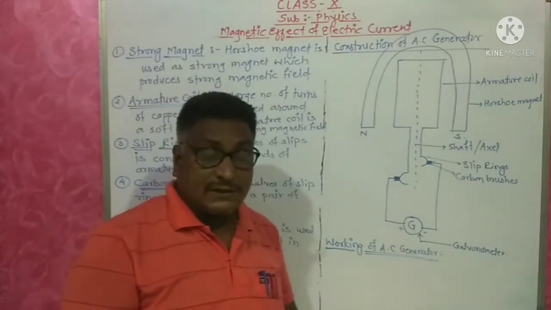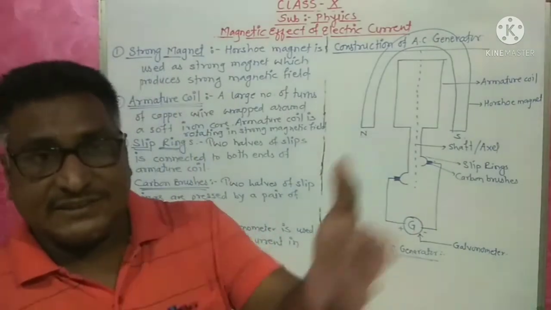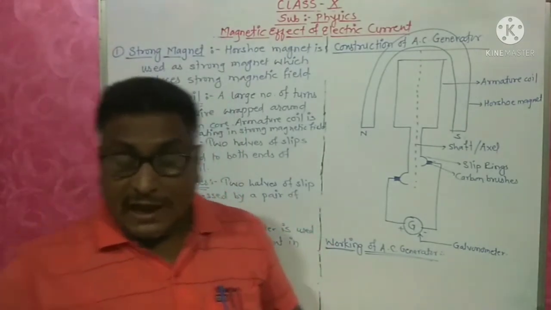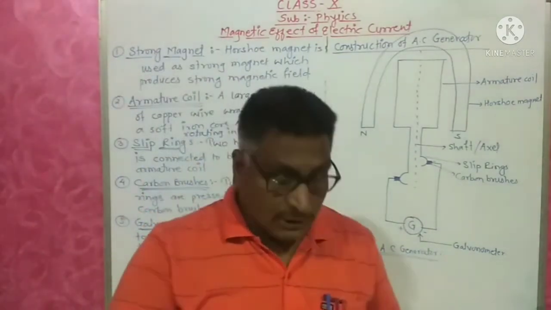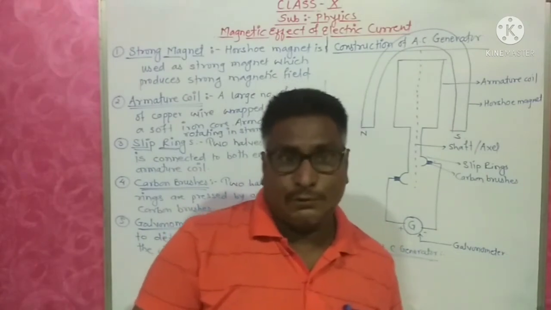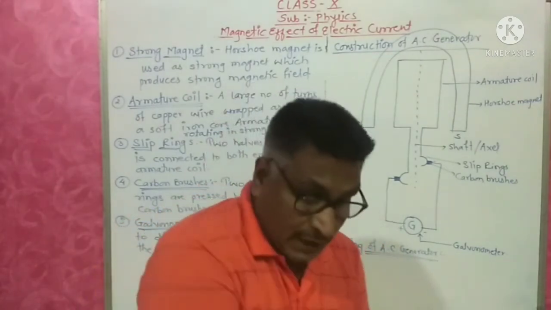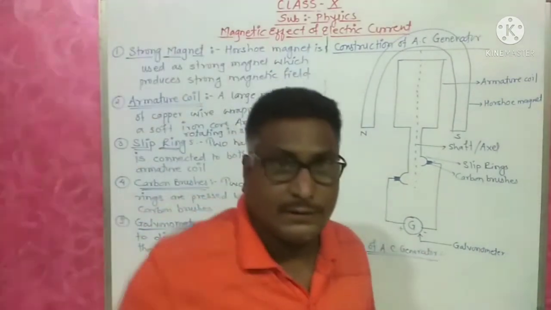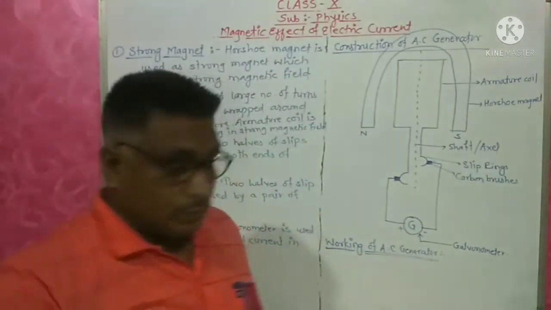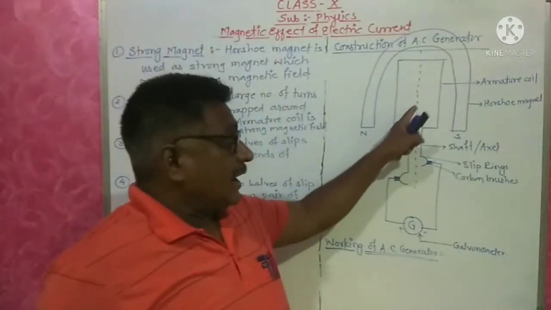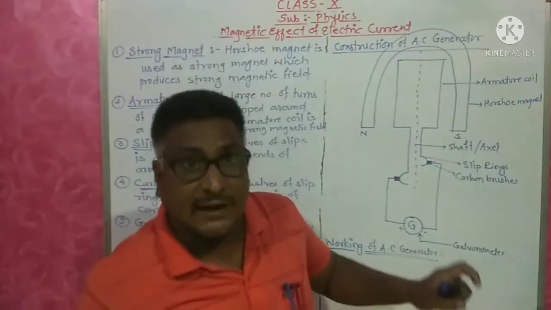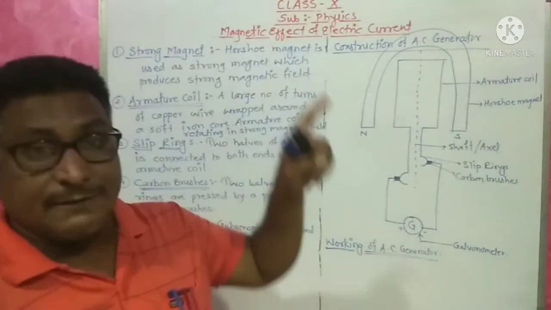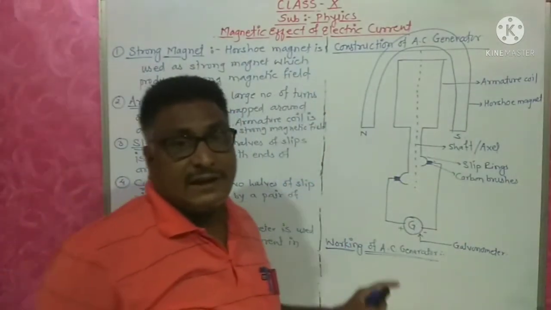So for that purpose, in your home or in DJ functions, you observe they have a handle, or small household generators are there in the shop that we use. They have a rope, we pull the rope, or move it with the handle. And when we move it, for what purpose are we moving? The armature coil is rotating in the magnetic field. When the armature coil rotates in the magnetic field, it generates electricity.